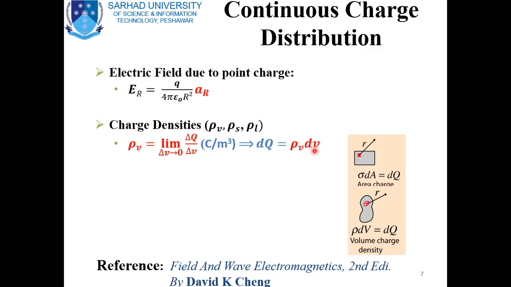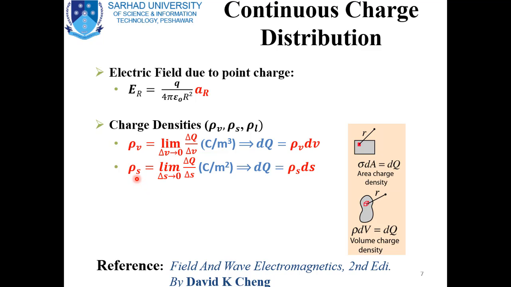And if the charge is distributed on a two-dimensional surface, the differential charge can be written as the product of surface charge density and the area element. Here sigma and dA represent a different notation, but we will represent surface charge density by rho s, and it can be written as delta Q divided by delta S. The unit of surface charge density is coulomb per meter square, and the differential charge dq is equal to rho